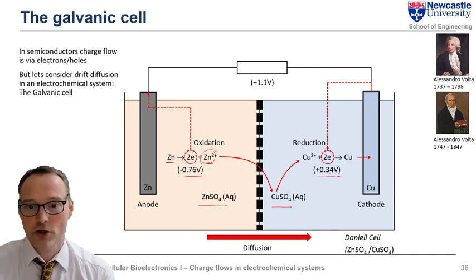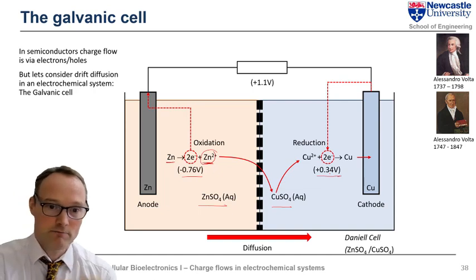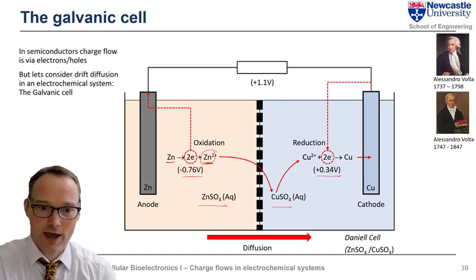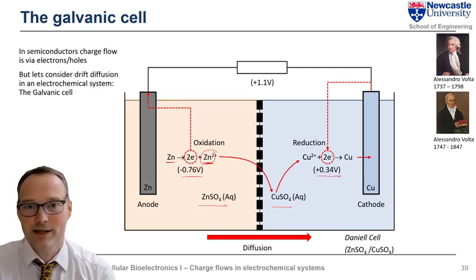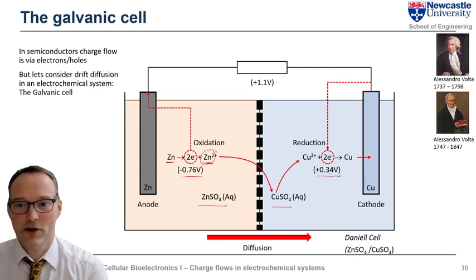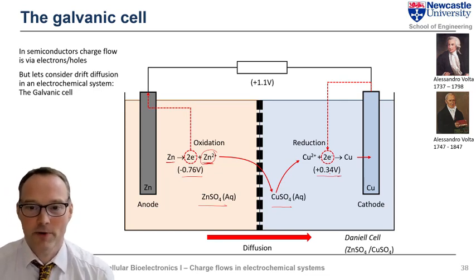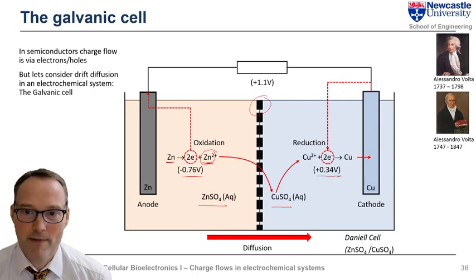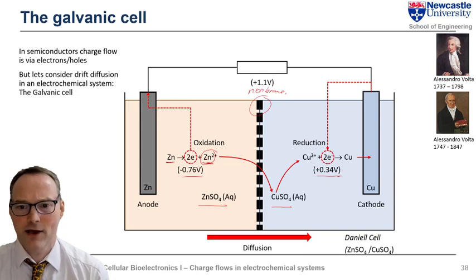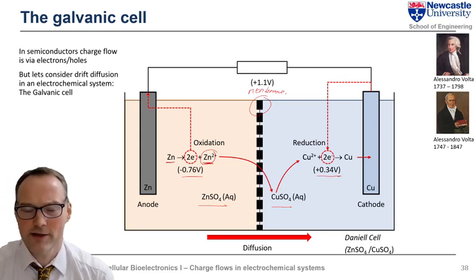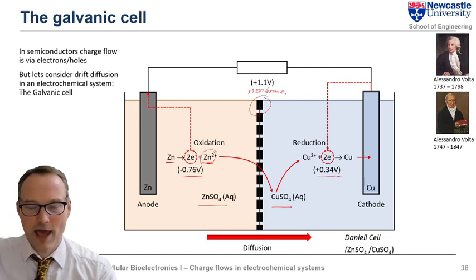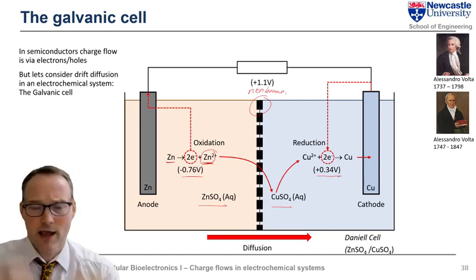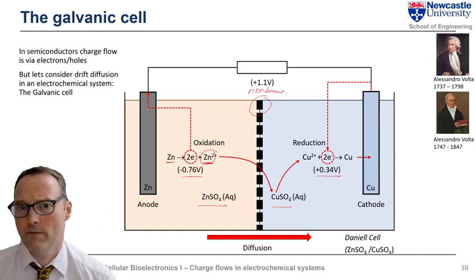But what we see here is movements of charges through diffusion processes. Because there's more zinc in the anode than in the solution, zinc starts to move into solution and then traverses across and gets taken up by the copper. This is a kind of permeable membrane. This black bit here is a membrane that allows ions to get across, but not the solutions. And then you start to see a movement eventually. The copper electrode builds up, the zinc electrode decays, but for a while you get a voltage and you get